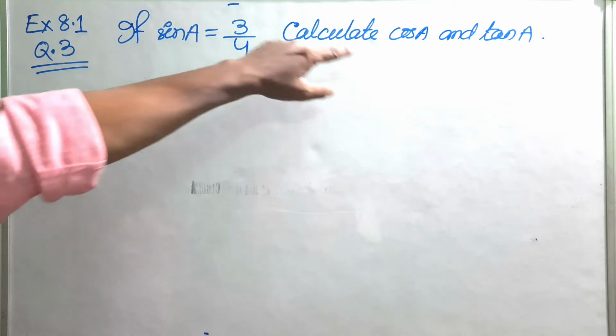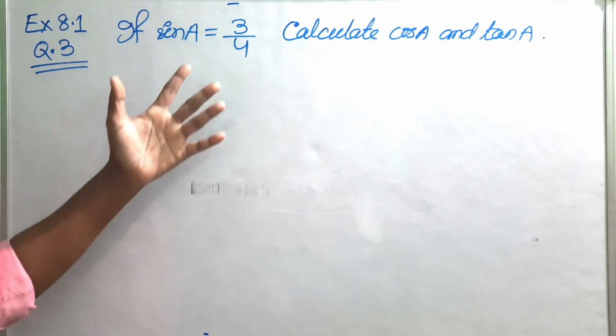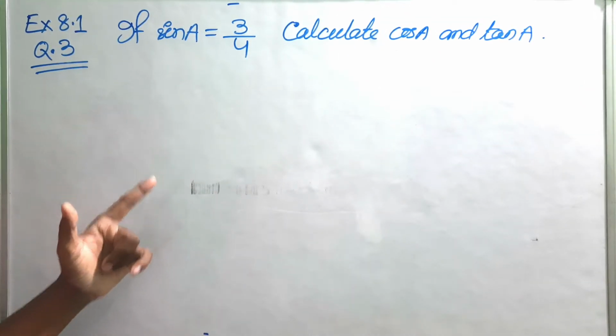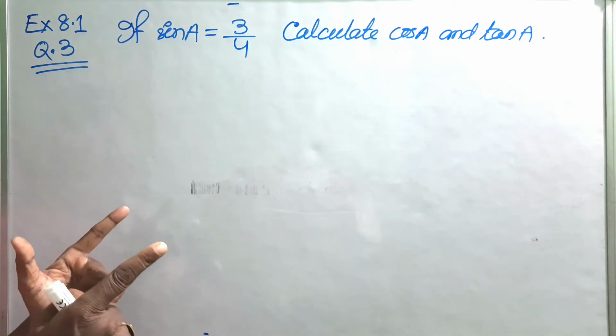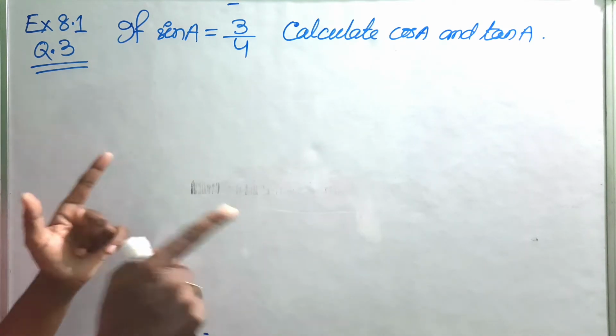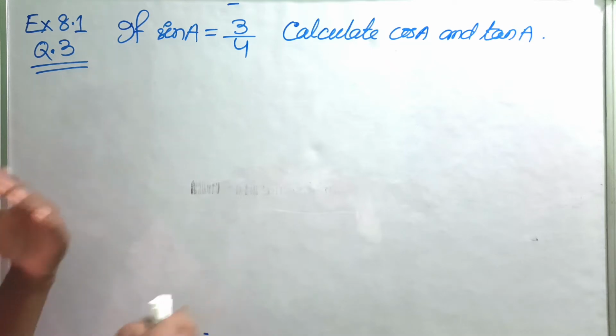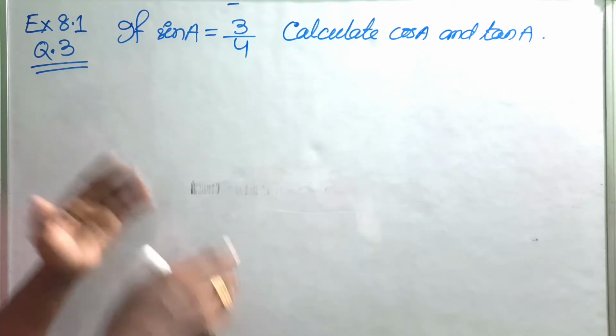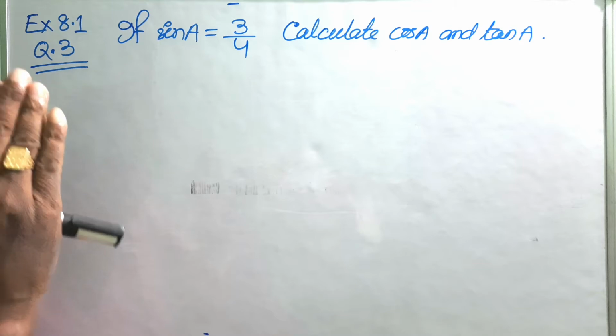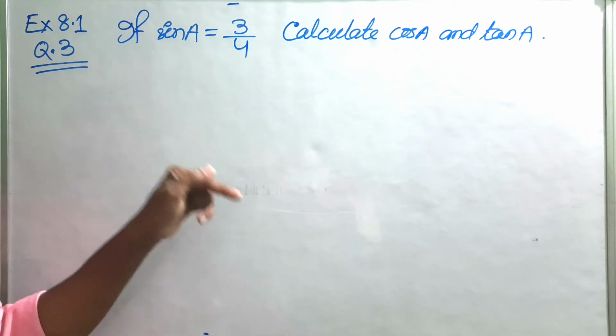You know sin A, cos A, tan A, sec A, cosec A and cot A, these are called trigonometric ratios. Now why are they called trigonometric ratios? How are they expressed in PBH form? And what are their applications in our day-to-day life? Everything has been explained in detail in my video. The link has been provided below.